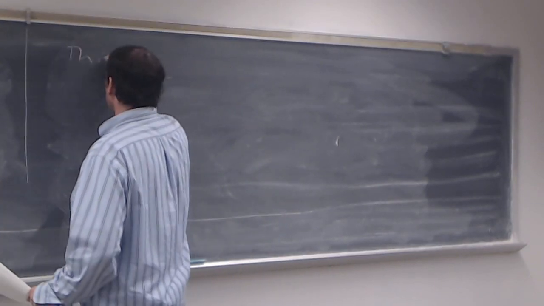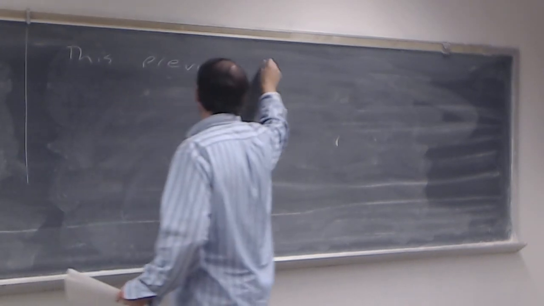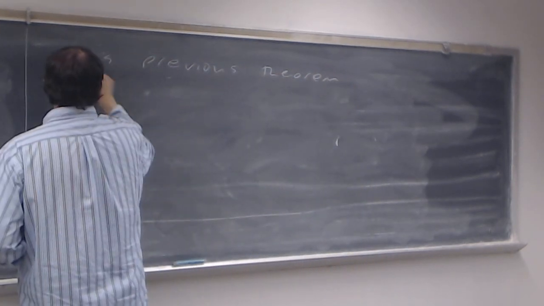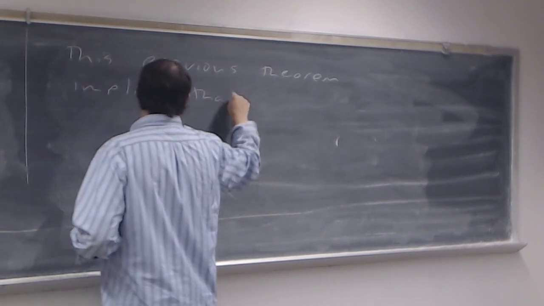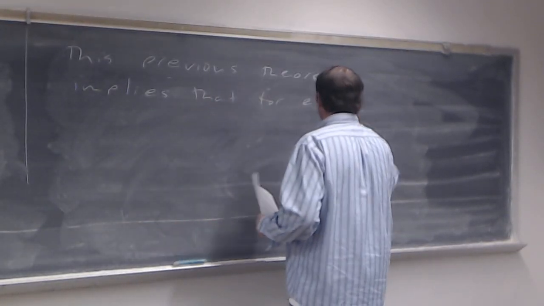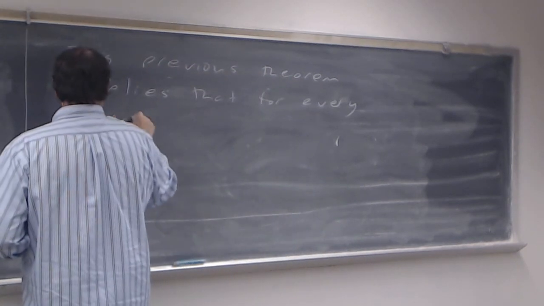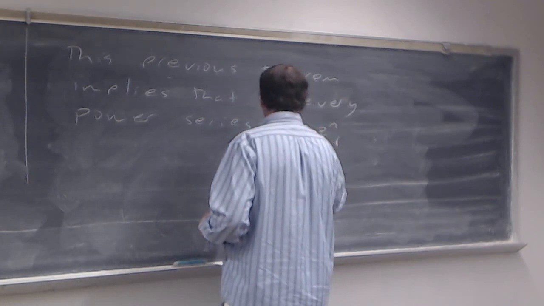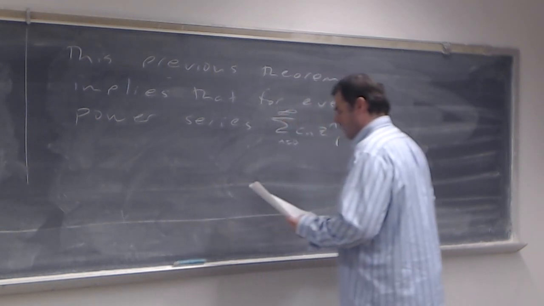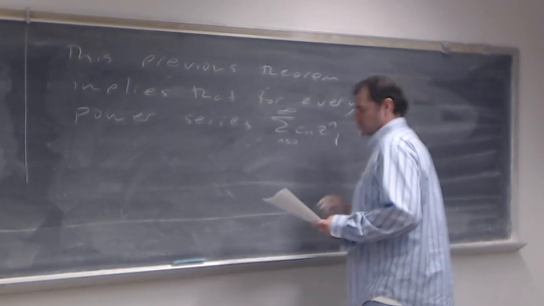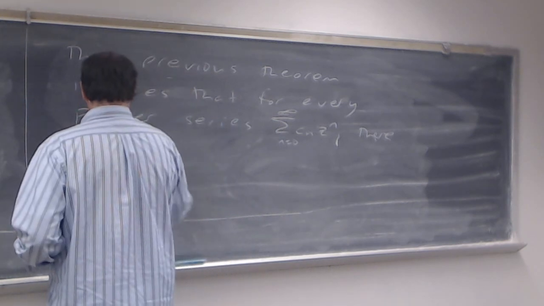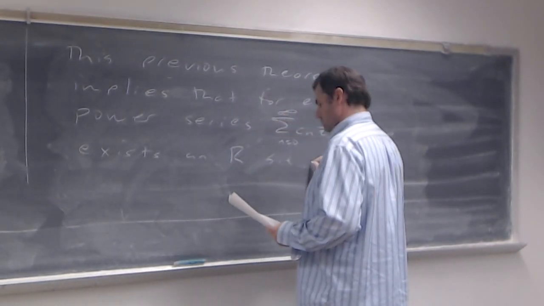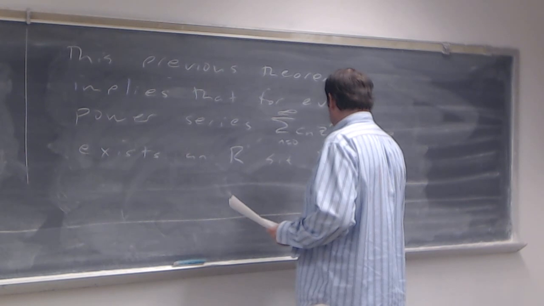Now, this previous theorem implies that for every power series, the sum of c sub n z to the n, n runs from 0 to infinity, that there exists an R such that this power series